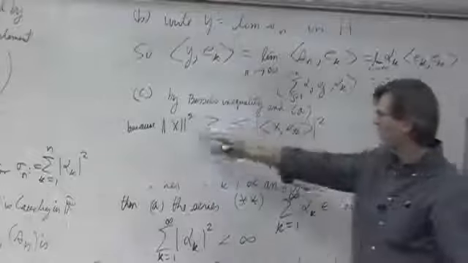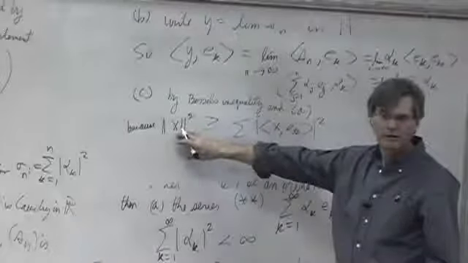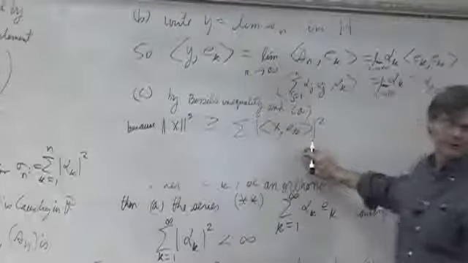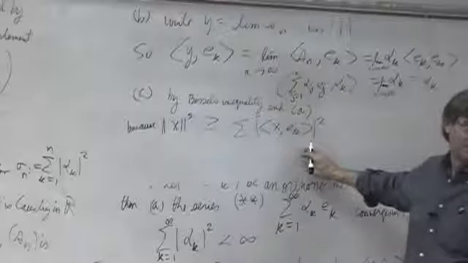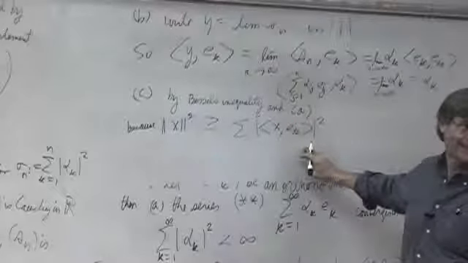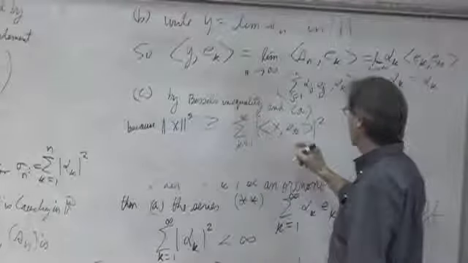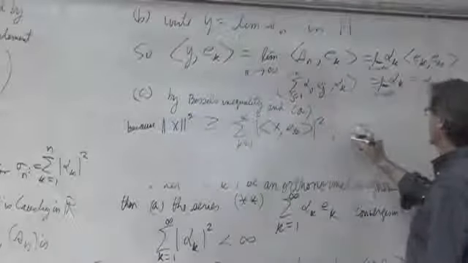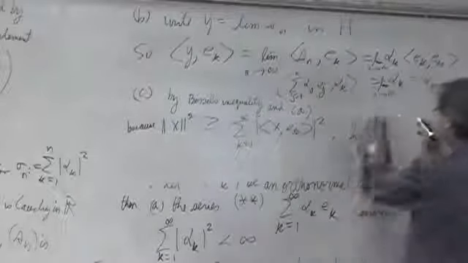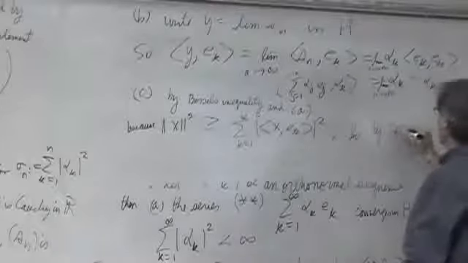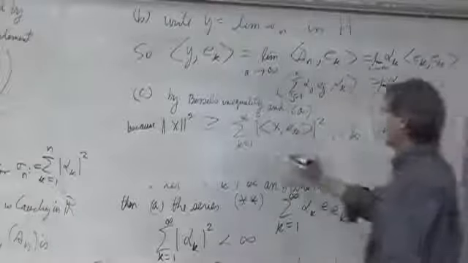Okay? If x is in H, then that's a finite number. Because the norm is finite, okay? So by part A, with alpha k equal to the inner product of x and ek, we have the summation alpha k squared is finite, so